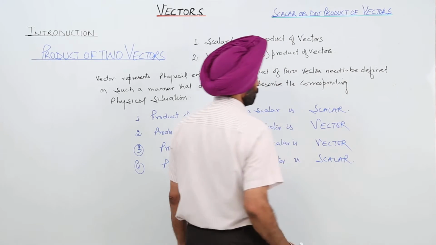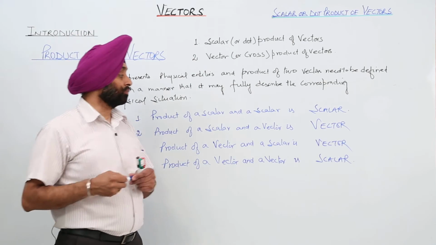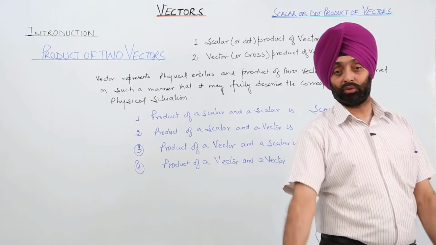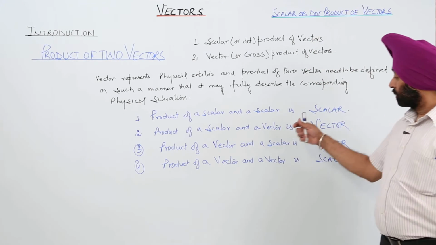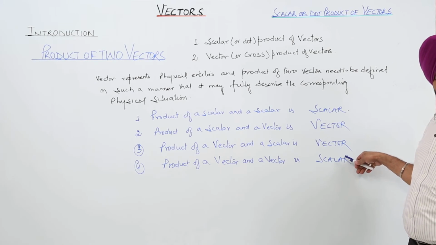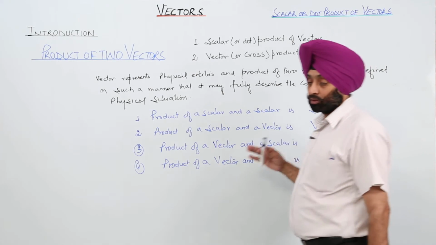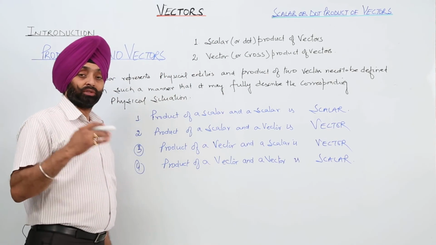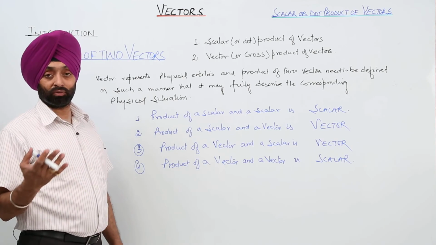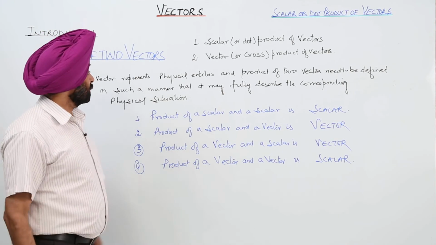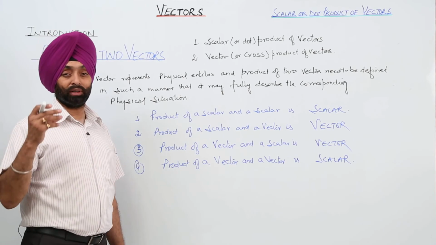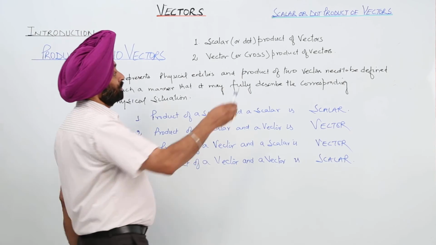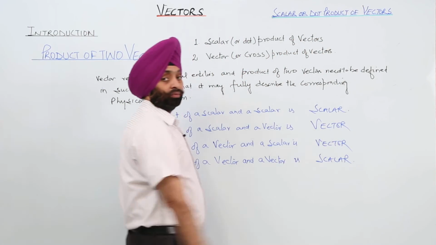So in our topic, the product of vectors, we are going with four different types of results: scalar, vector, vector and a scalar. Is it clear? That is the new thing in this class. Earlier we had only one quantity, a scalar, and its product was also scalar. So this is a very brief introduction to the topic, and now we are moving on to scalar or dot product of vectors.